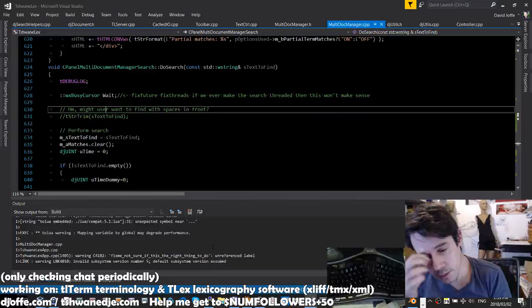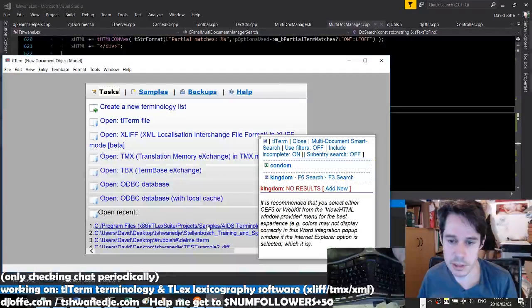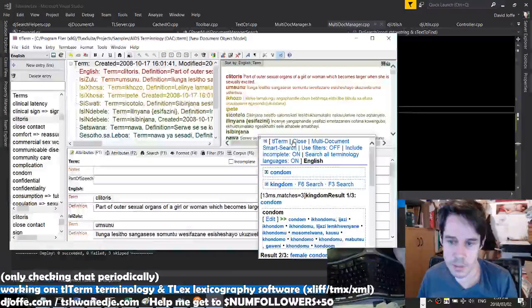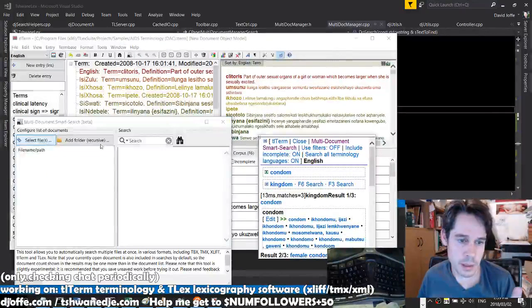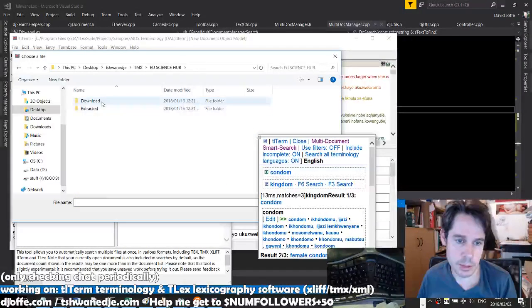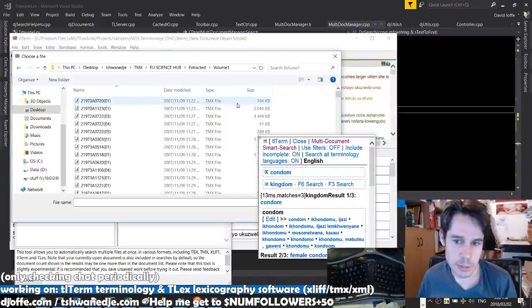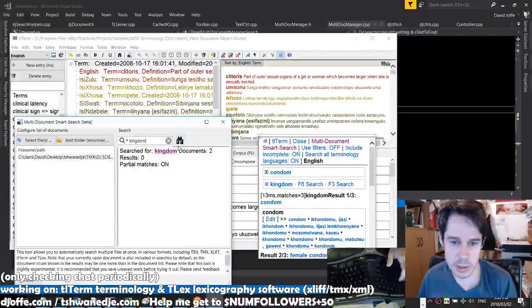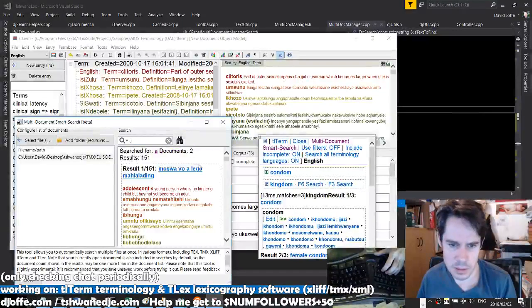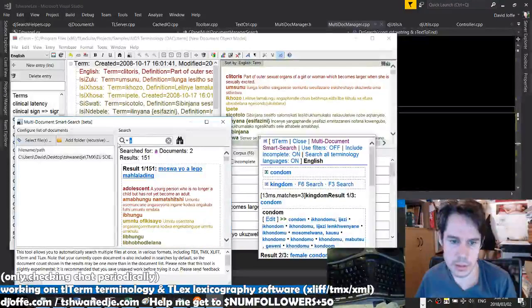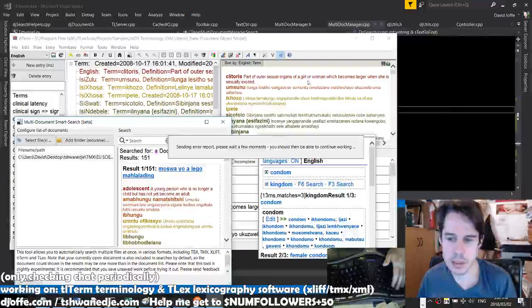So the idea is if we add a TMX there, normally it just lets us search it, right? And so say we have a document open in TL2, we go multi-document smart search. Now we can select, say, a TMX. TMX, translation memory exchange, and I'm going to use some of the EU sign sub ones. So normally we can just search it, right? Kingdom, and it shows results with kingdom. Right? Okay. Now what I want to do is say we click this button and